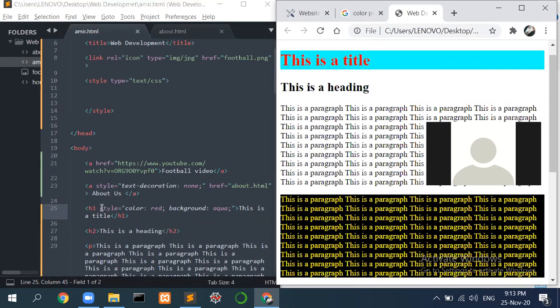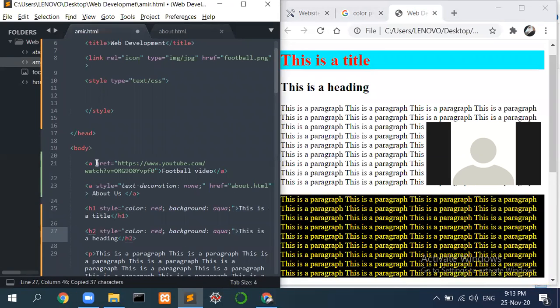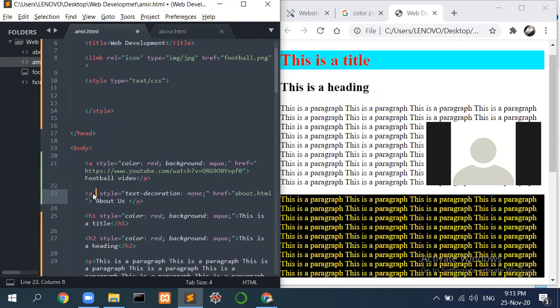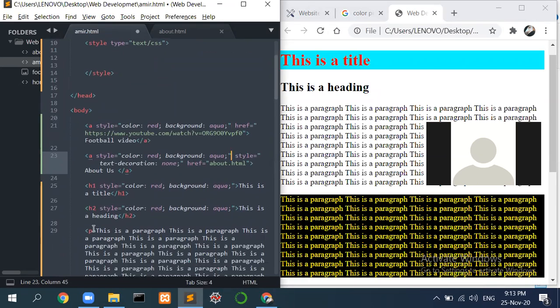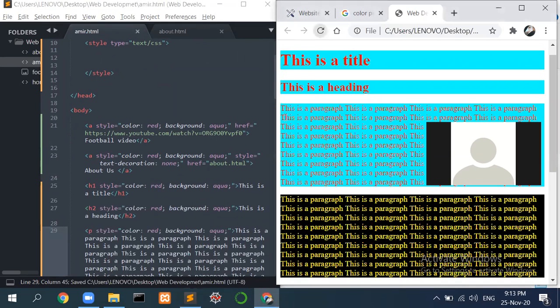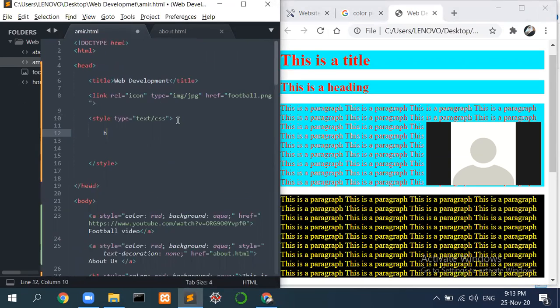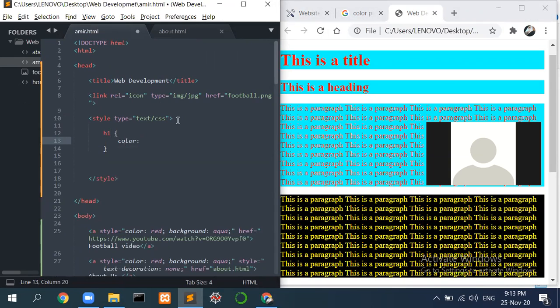I can copy this particular styling from this h1 tag and give the same styling to my h2 tag, to my a tag, and another a tag, and then to my paragraph tag as well. Why would you do so much coding when you can simply style all of them together just by writing the name of the tag, then opening curly brackets, then writing color, and then you can give any color like red, or else if I give green over here,